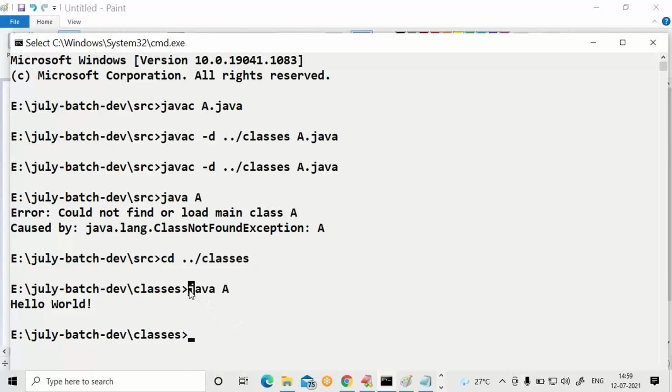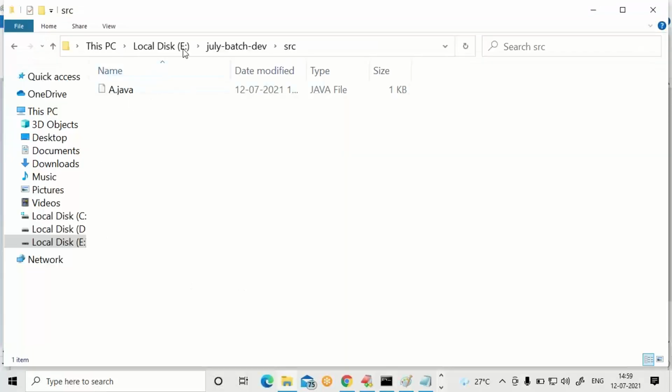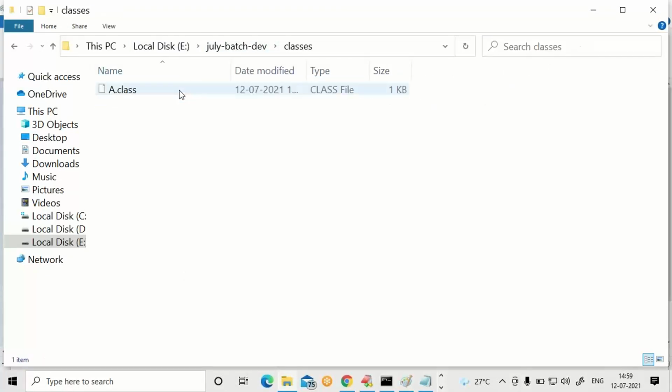From the classes folder, trigger the java command. Check what is there in the classes folder: a.class. Running this.